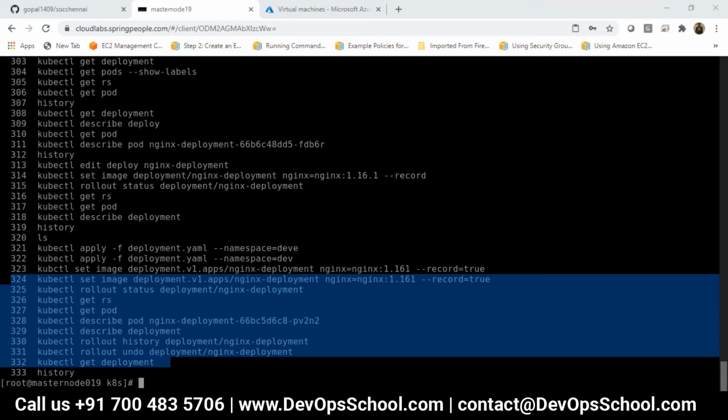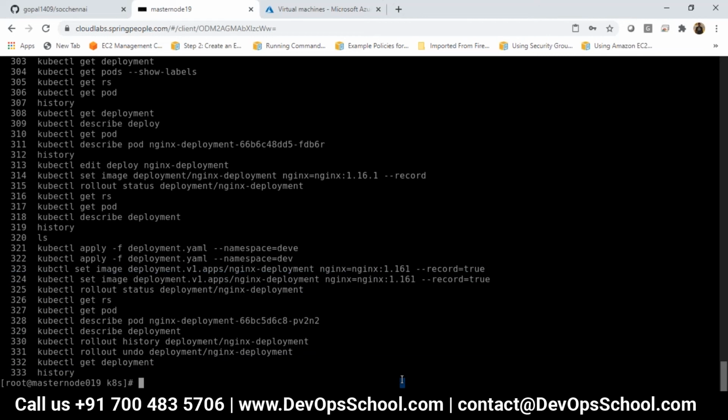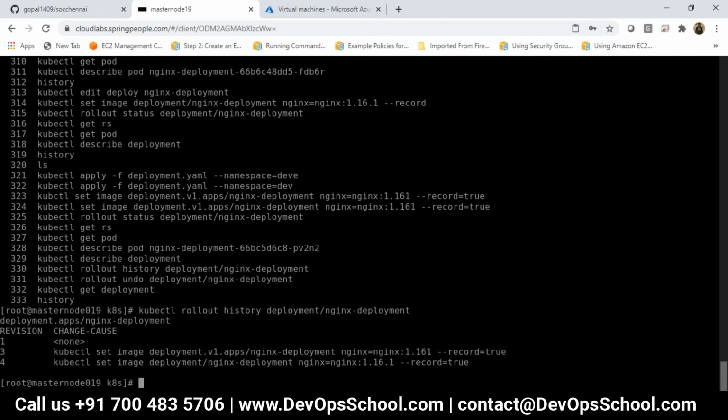That is one way to go to the previous version. Or, if I put kubectl rollout history, and I can give the command kubectl rollout, in place of history,